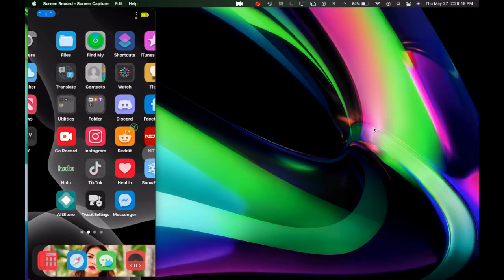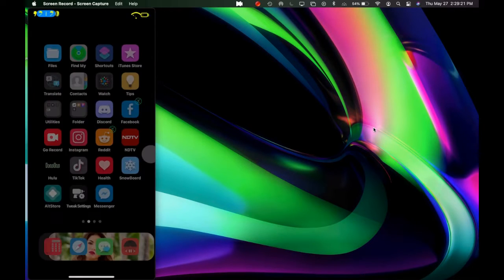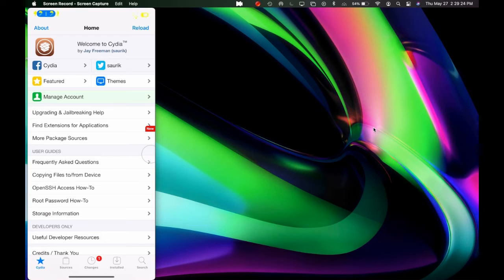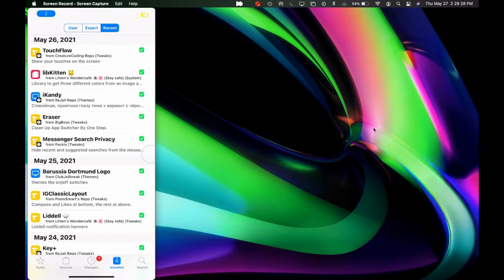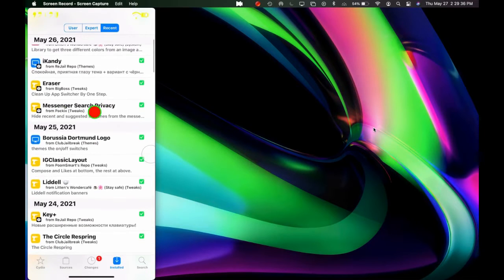So it's really awesome, really nice tweak, and I highly recommend you guys downloading this and checking this one out. Now we're going to go back into the Cydia Recent and install it. And the next Cydia tweak we are going to take a look at is right here, Messenger